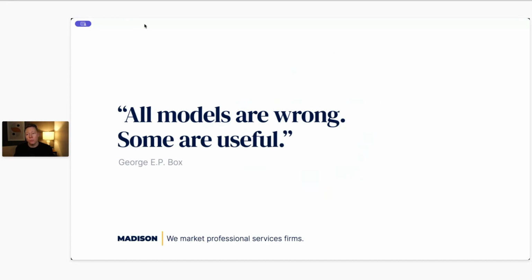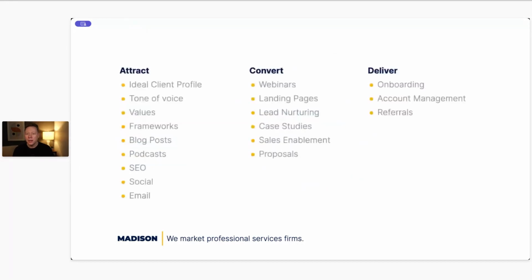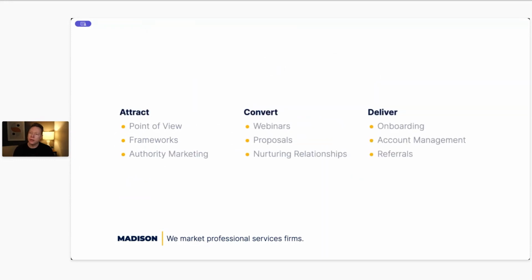Which is one reason why I'm a big believer in collecting frameworks as well. Not every framework that you deploy as a consultant in service of your clients needs to be one that you've created yourself. But ideally, you do have at least one, because it's a very effective marketing tool and awareness tool, as we've talked about. What was my point here? Who cares? We'll skip that.